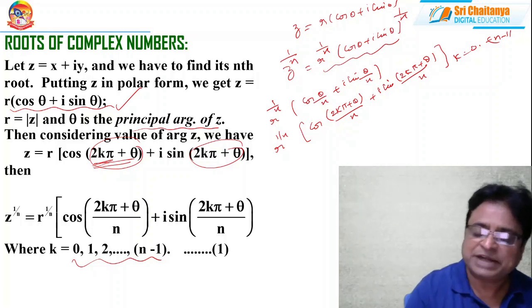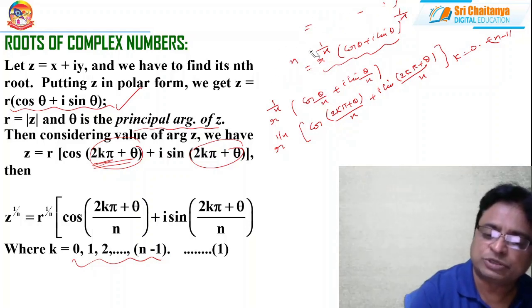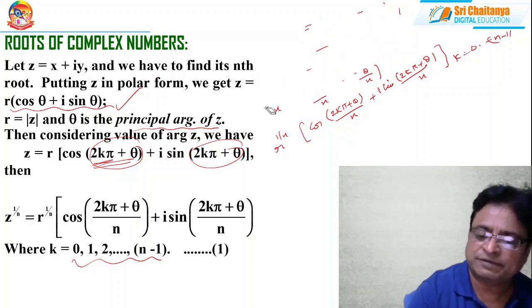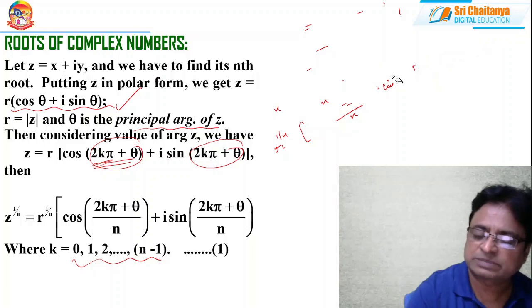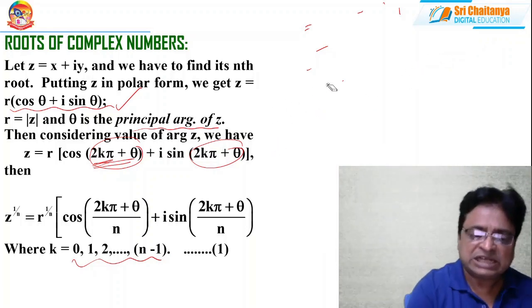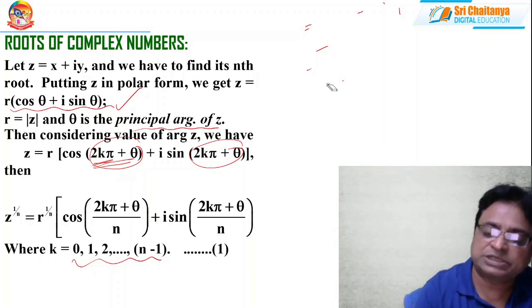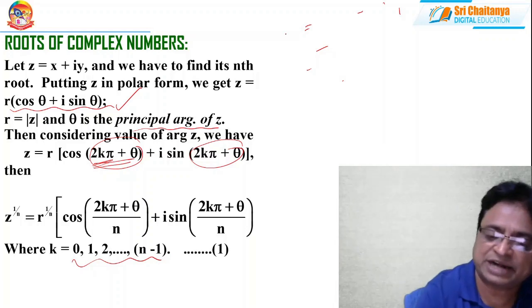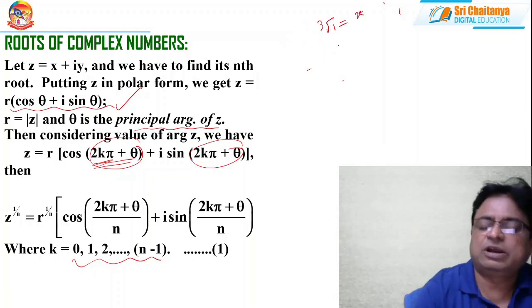That's why I talked about the cube roots of unity and the fourth roots of unity. I have already explained those things in our previous video. As an application of De Moivre's theorem, how can we extract them? For the cube root of unity, we considered it as x, and later we simplified by cubing both sides, and we got the roots.